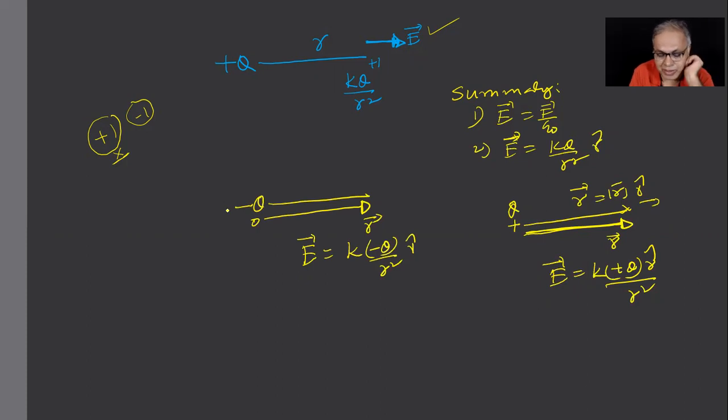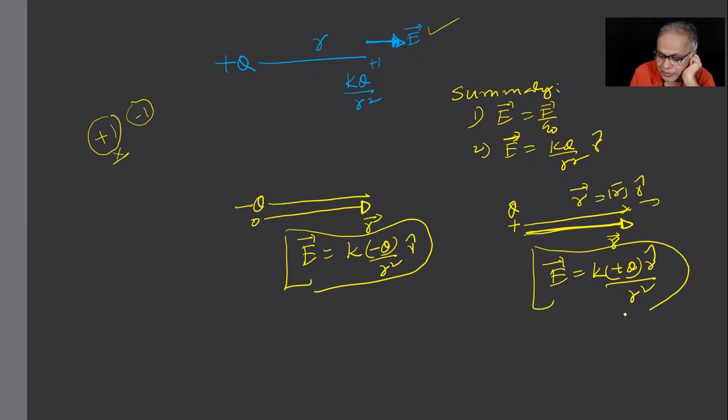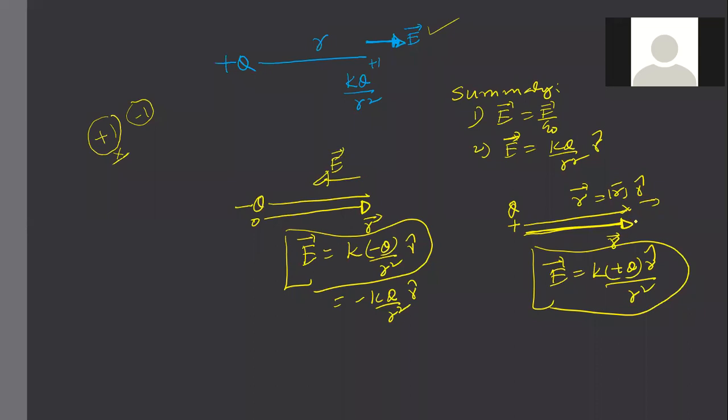This is putting the whole thing in a mathematical way. Be honest and tell me whether you followed it. This is minus K Q by R square R cap. So minus R cap means what? Force is this way for minus Q, and plus R cap is this way. Come on. Children, I'm looking for your feedback. Sir, understood, sir. Really? Really, sir. Because your problem solving depends upon this, believe me.